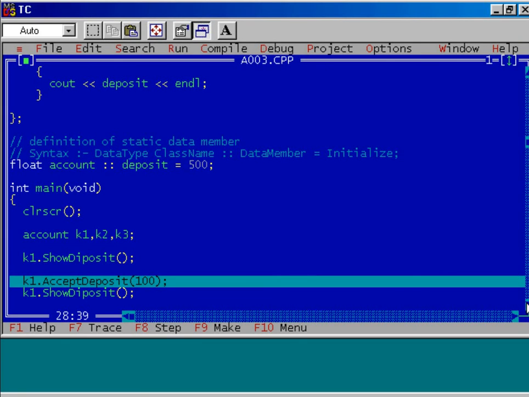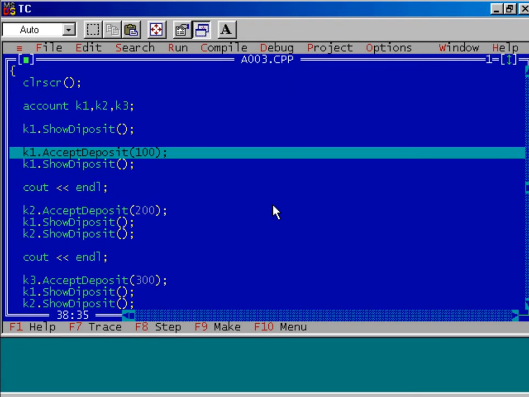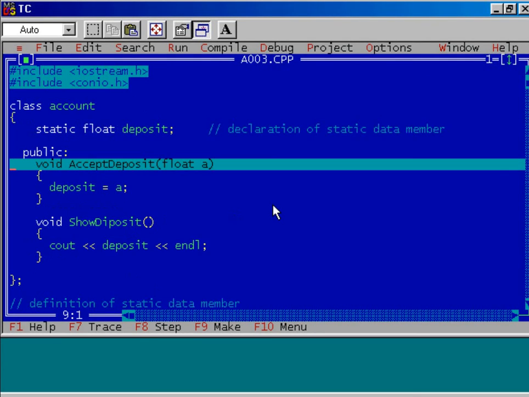Well, now next step. Again, this is very interesting. What am I doing? I am initializing the data member named deposit of the K1 object by the value 100. Press the F7 key. The control has jumped to the member function accept deposit. Which value have we passed? 100.